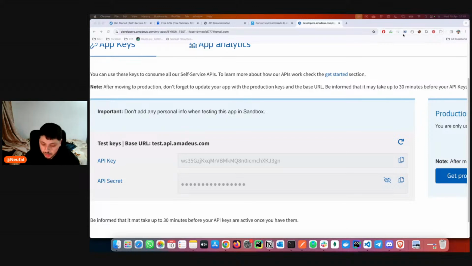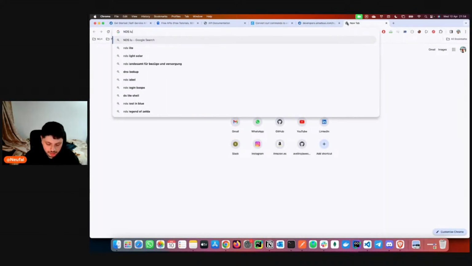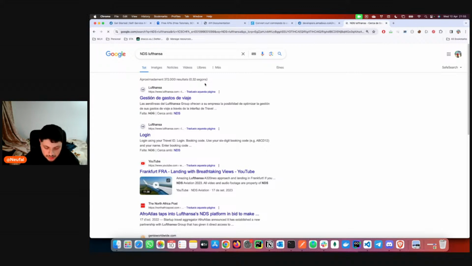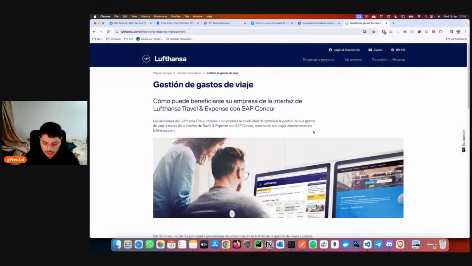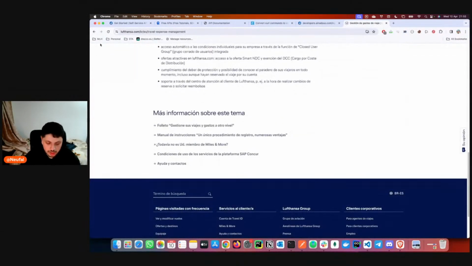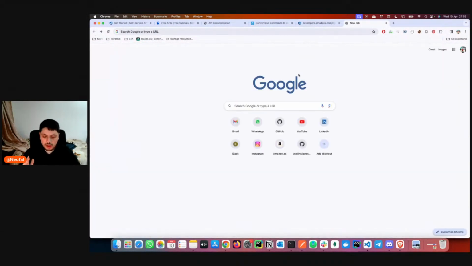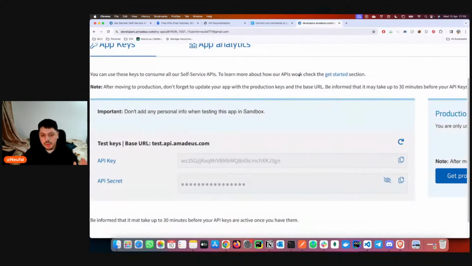Now there is something called NDS, for example, and basically it's a new system of the airlines giving the tickets directly to the agents without Amadeus as a middleman, because there are some commissions and it's really tough to get these travel agencies and all these permissions. So they just want to make a line from airline to the agent. So in the future, American Airlines will have an API that you can directly book flights from there.